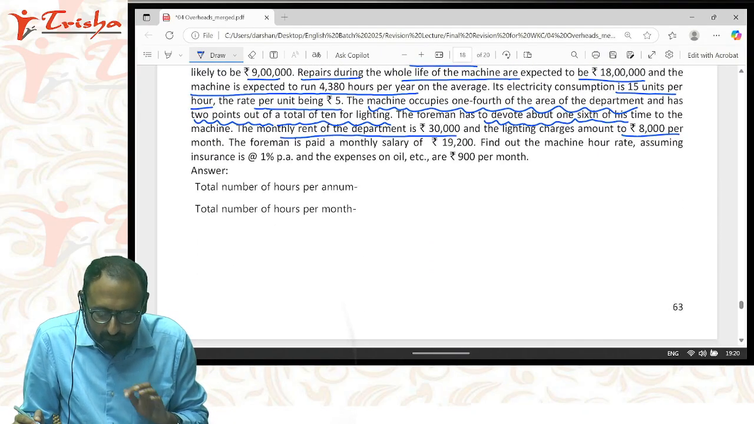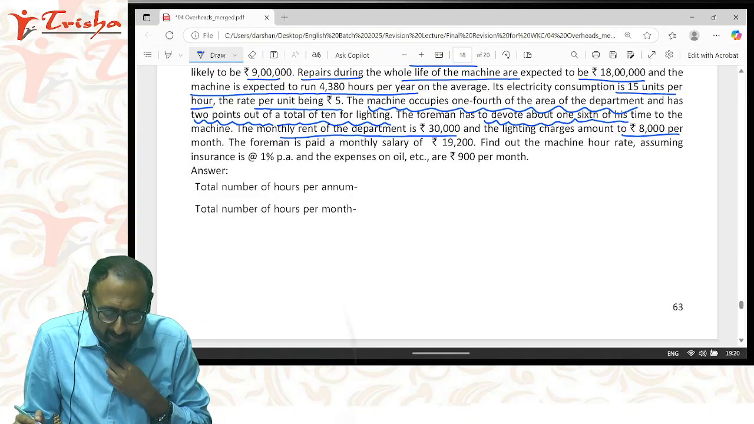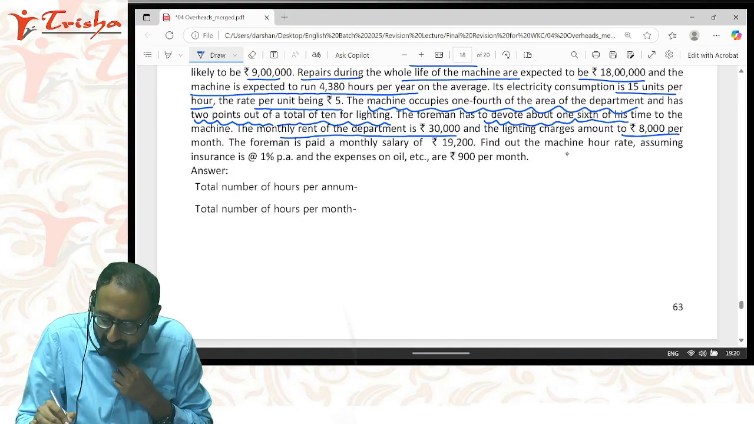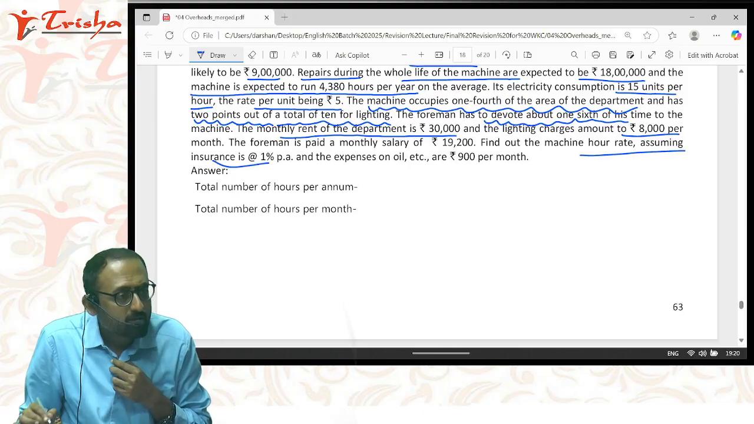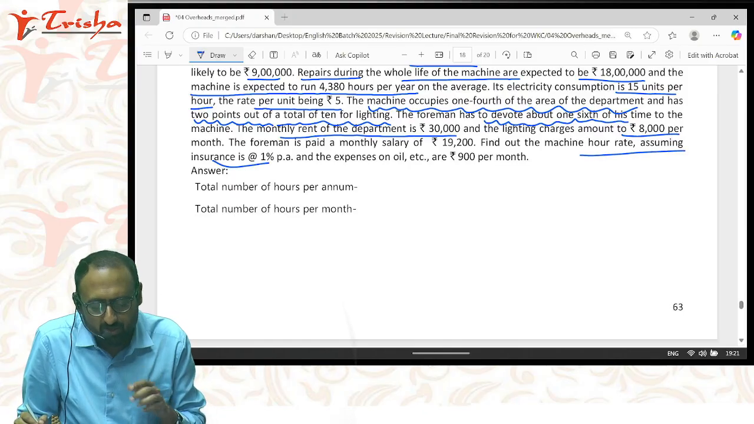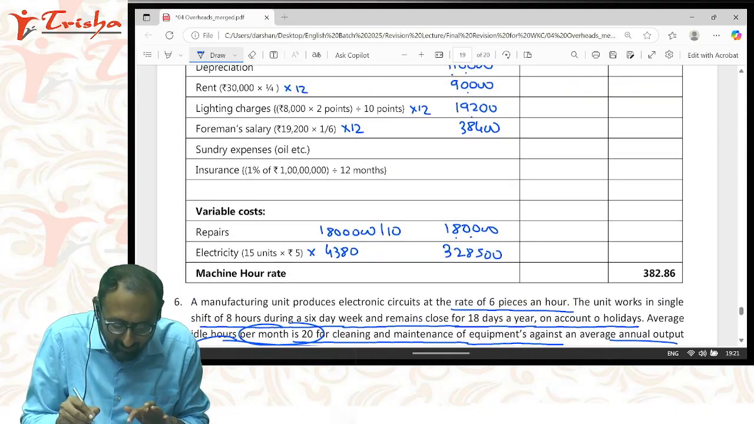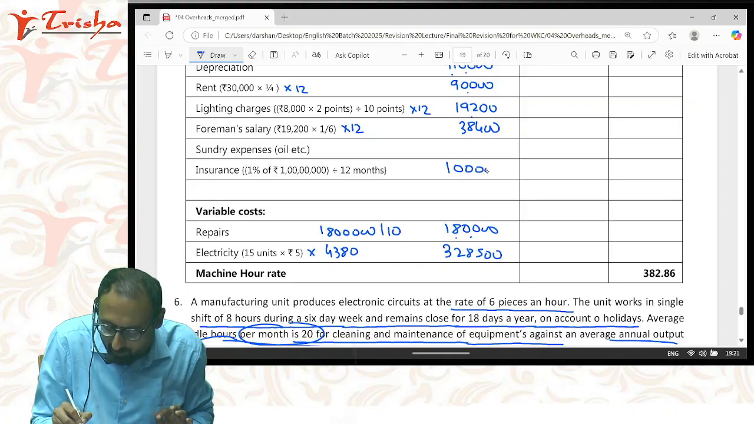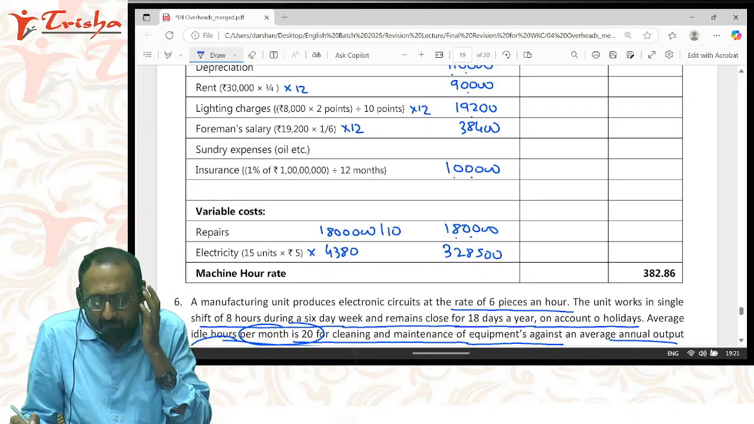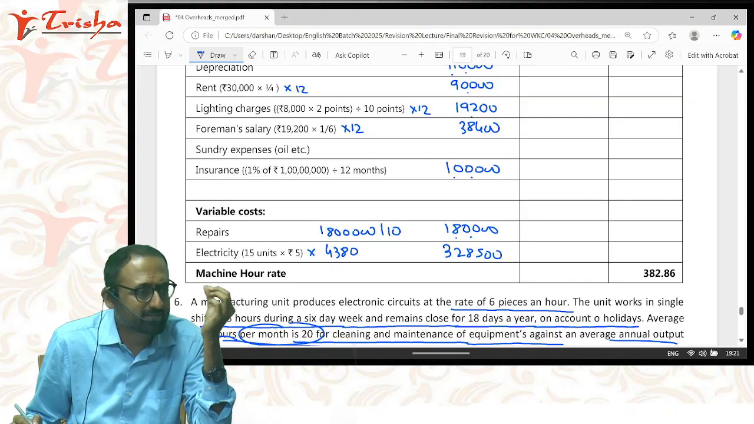Next one. Sirji, one more expense is given. Which is the next expense, Sirji? Is it insurance? How much is the insurance? 1%. So 1 crore multiplied by 1%. Is it 1 lakh rupees? Purposefully, I have taken this example. This example is of your